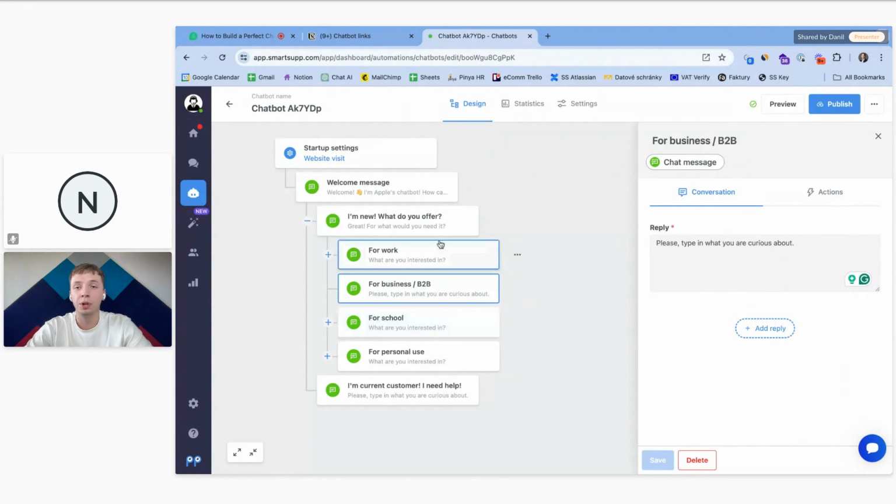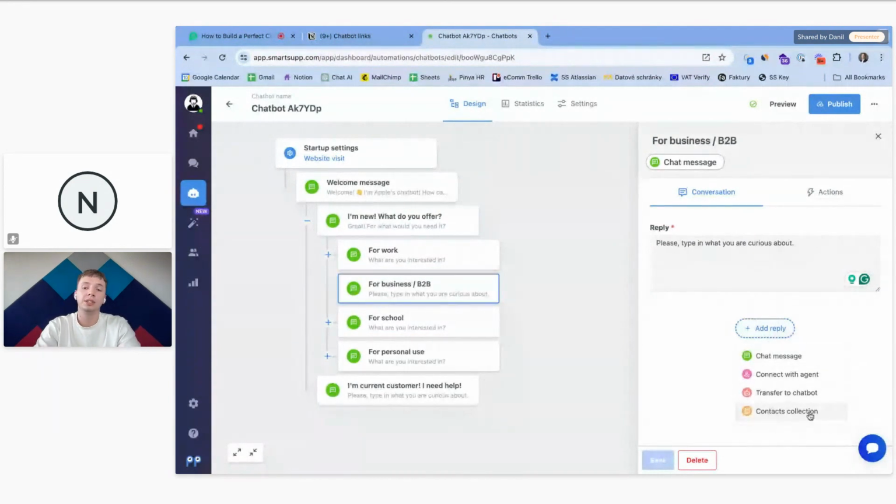That's why our chatbot can do this. We have this yellow button, contact collection, and this is the feature that will help you collect contact details for cases like this, when you need to collect contact details of a company and contact them later to sell them some individual pricing, for example, and stuff like this. You can adjust it to your business. So let's try to